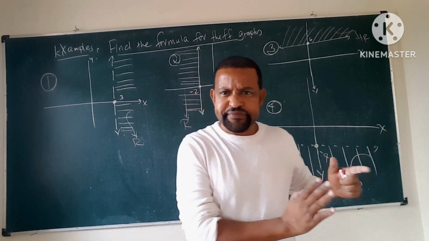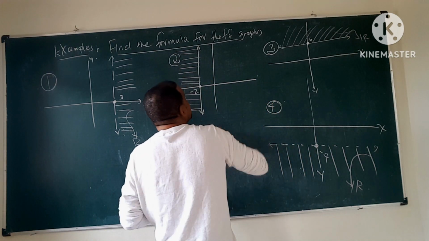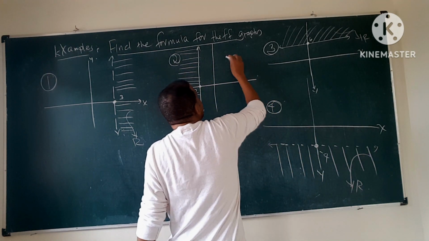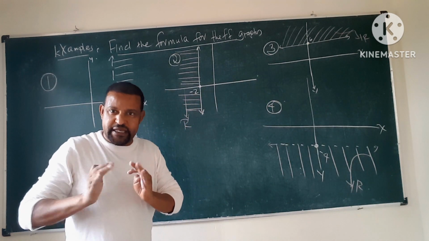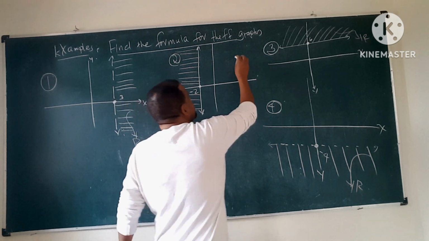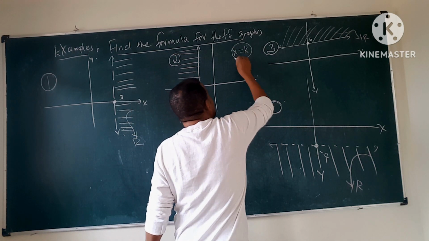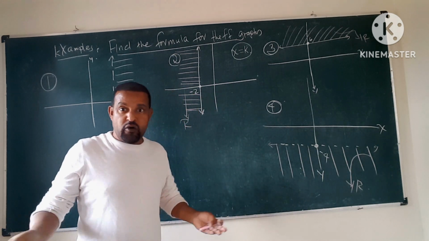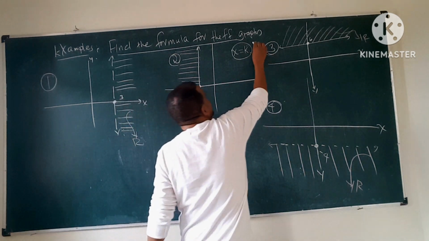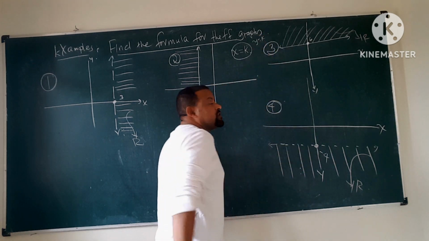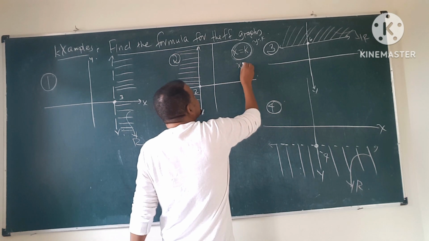ምን አለ ነው always in a vertical line x is constant, in a horizontal line y is constant. አንደኛ ሁለተኛ the line x is equal to constant is a vertical line ብለናል x is equal to k ከሆነ x is equal to 5, x is equal to 6 ከሆነ it is a vertical line. The line y is equal to k, y constant ከሆነ ደግሞ ምንድነው ነው horizontal line ነው. Okay so in a vertical line x is equal to